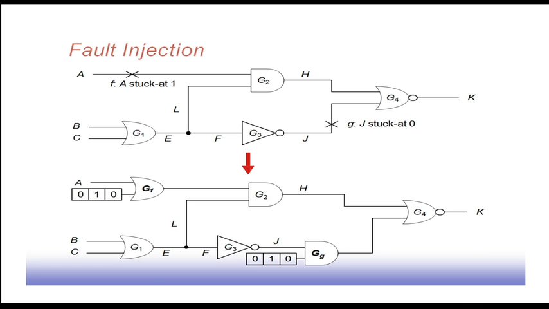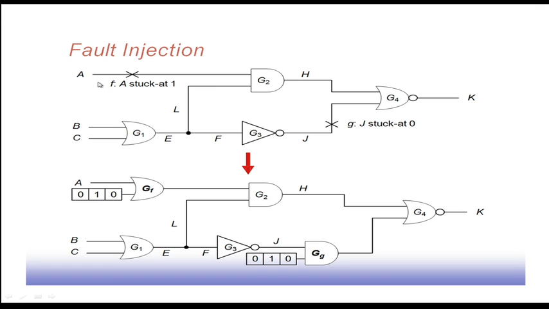So, this is an example. You see this is the original circuit. It has 3 inputs A, B and C. With every line we associate 3 bits. One is, for line A, the good circuit value, that is